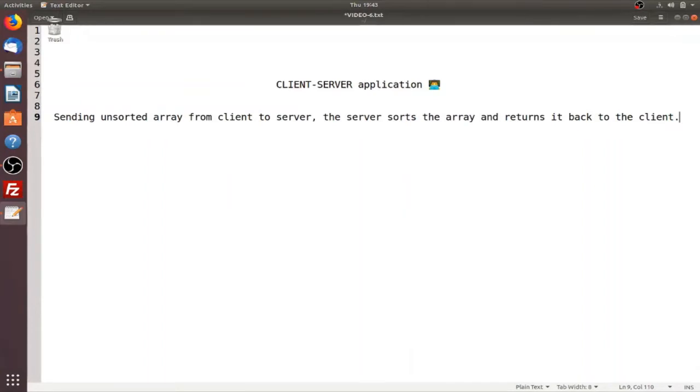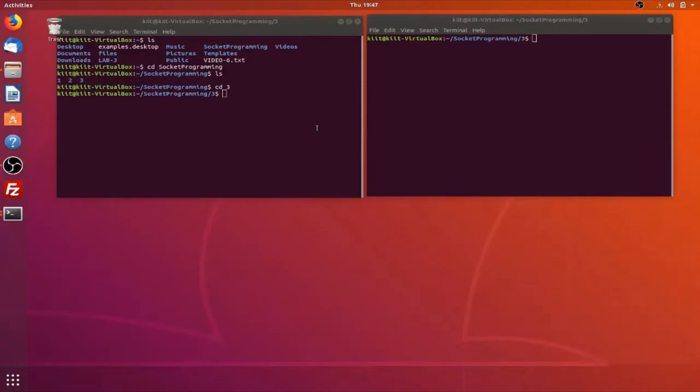So in this video, we would be taking the help of bubble sort, and as you know, bubble sort is a simple sorting algorithm. This sorting algorithm is a comparison based algorithm in which each pair of adjacent elements is compared, and its worst time complexity is O of n squared.